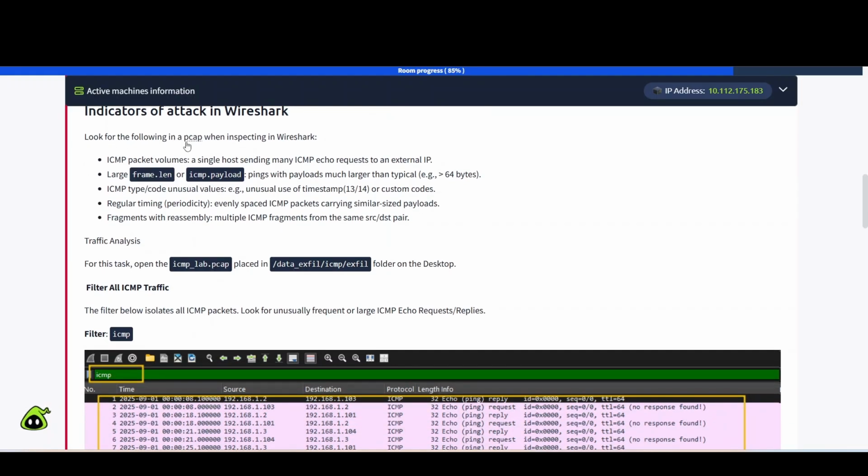Look for the following in a PCAP when inspecting in Wireshark: ICMP packet volumes, a single host sending many ICMP echo requests to an external IP, large frame.len or ICMP.payload, pings with payloads much larger than typical, for example greater than 64 bytes, ICMP type/code unusual values, for example unusual use of timestamp 13, 14 or custom codes, regular timing, periodicity,